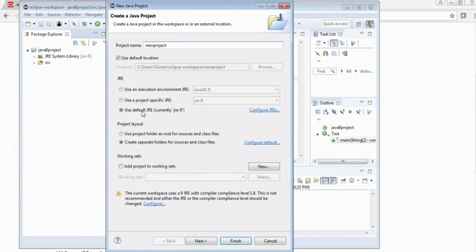Alright, so if you were following along to this point, you've got your system up and running with Java version 9, and you can go ahead and check out the Java 9 specific lectures that are towards the end of the course. Now, at the time of this recording, Java 9 has just been released, so Eclipse, the development environment, is still sort of catching up with the latest version of